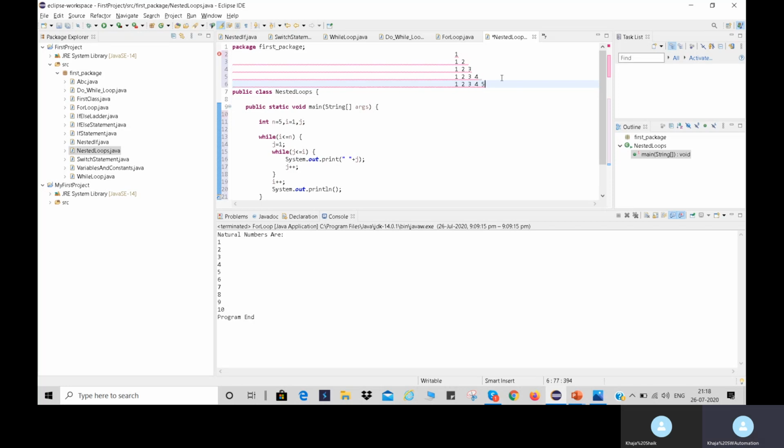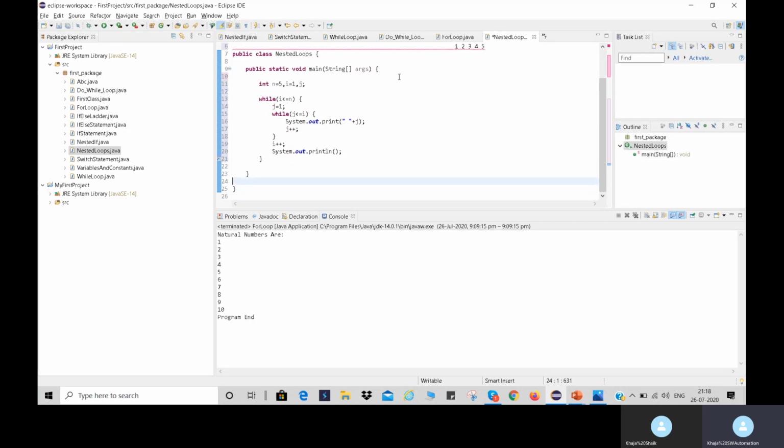Okay. Let me trace till 3. I will show you how it works till 3. I am taking the variables now. Let's see how this program works. So I am taking variable n, variable i, variable j, and I am taking output. How is the output displayed? Here in variable n, I am storing value 5, since I want 5 lines to display, and I'm storing initial value 1 for i.